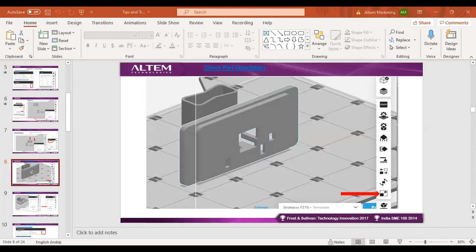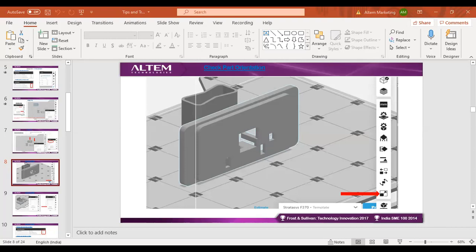I can just show you the front view of the model. So this is not the best orientation for this model. So I need to change the orientation. You have multiple options here actually to orient. So you just click on the orient option here. Click on the model.